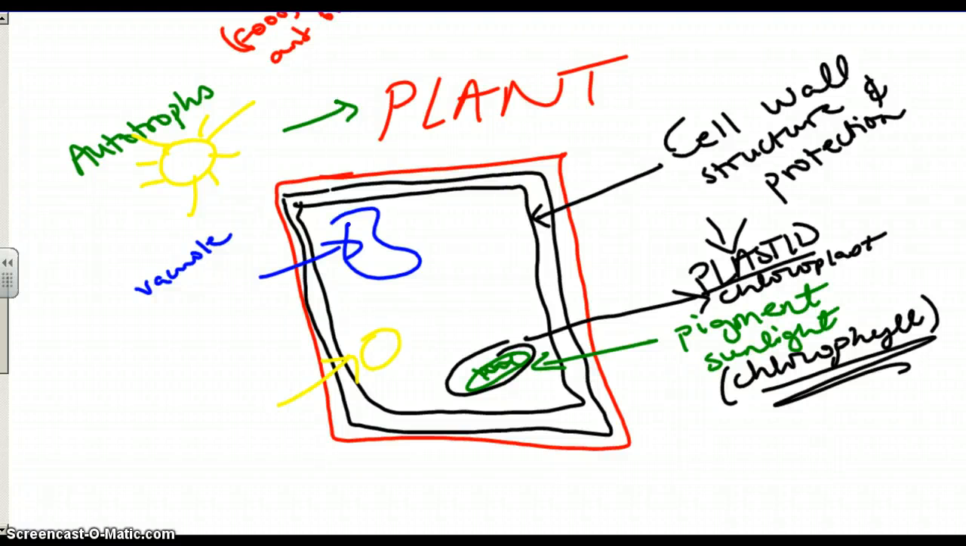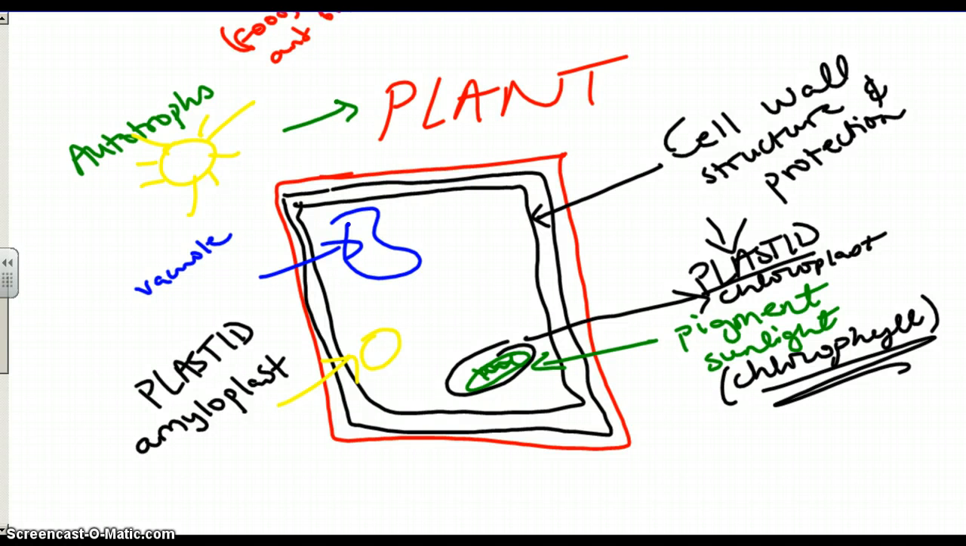Amyloplast, so amyloplast is another type of plastid. And what this plastid does is store starch. So this stores starch. So it is considered a plastid because it's absorbing the sun's energy and then using the processes to store starch. Another type of plastid is